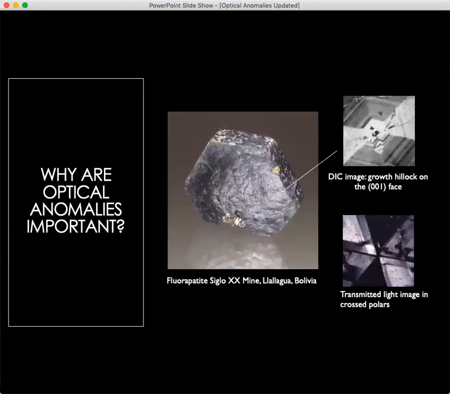So why are optical anomalies important? Optical anomalies are extremely interesting because they can tell us so many things about a crystal. Zoning can tell us about the elemental composition through time, strain can tell us about what kind of environmental constraints a crystal might have gone through, and there's so many other things that optical anomalies can tell us. They tell a story about a crystal, and that might take us one step closer to understanding the Earth and its